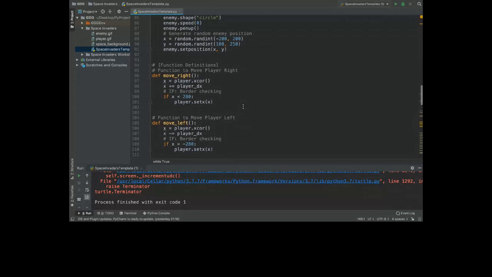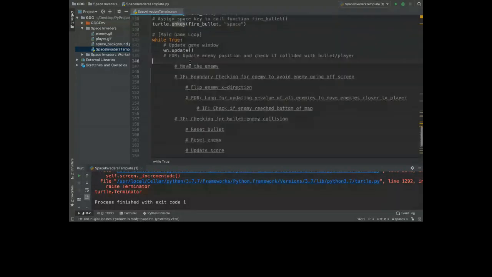Okay, let's jump on to the main game loop that we will have. There are more than one part here. We will do them one by one and check them. So first of all, we have a for loop to update the enemy position and to check if the enemy